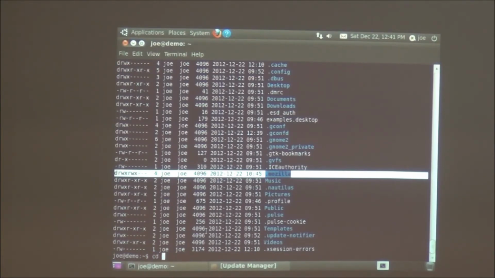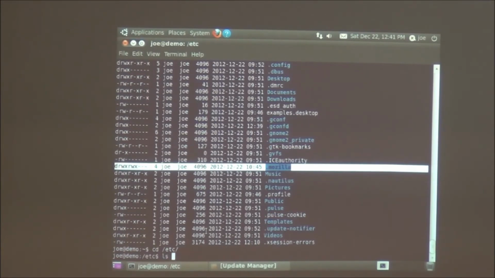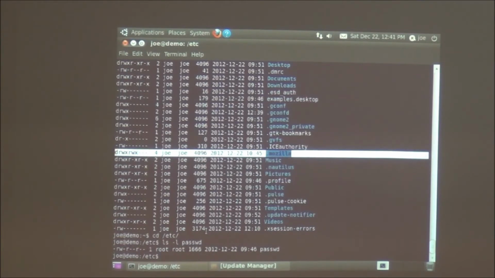So, let's see. So the password file, only root can read and write to it. Everybody else can read it, but you can't write to it.